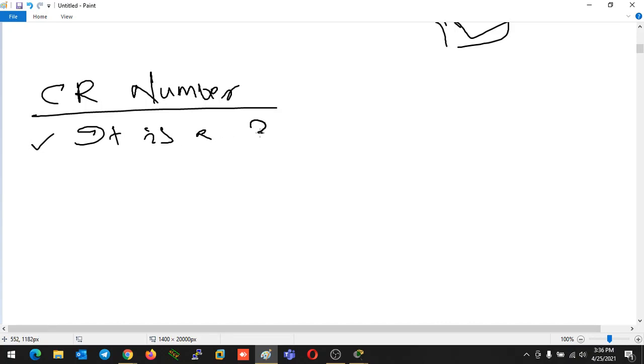It is a 32-bit value. That means the CR number, or configuration revision number, will be a 32-bit value.